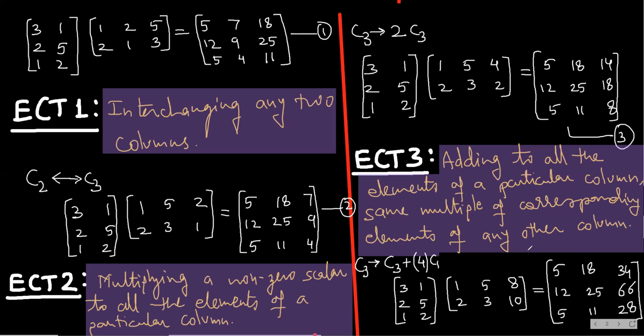So this completes the elementary column transformation. We have done everything about the transformations. We have completed elementary row transformation as well as elementary column transformation. Be prepared with it. In the next lecture, we are going to take problems based on these two transformations. Okay. Thank you. That is the end of the lecture.